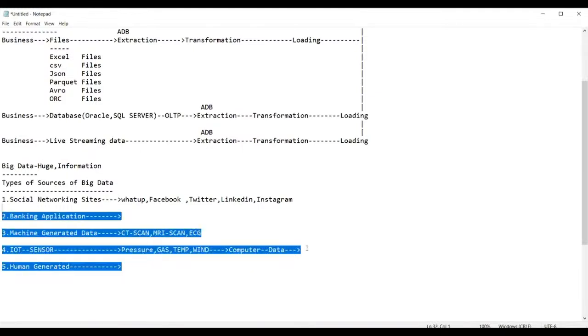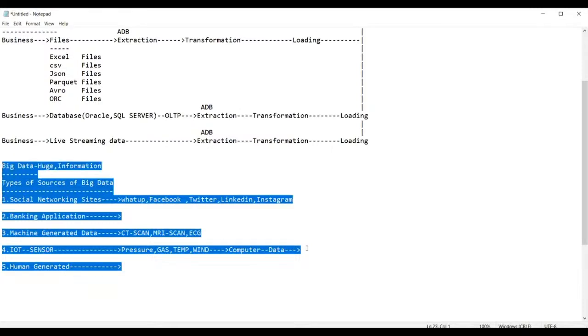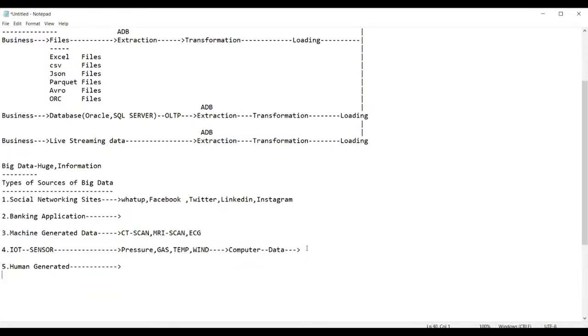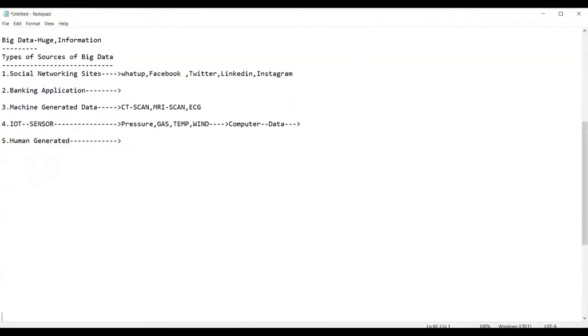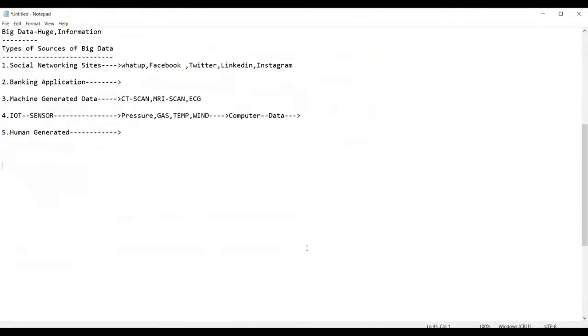But guys, this big data has some categories. That means we can say types of big data. We can have various types of big data. So now, what are the types of big data? Generally, you will have the following types of big data. The first type of big data which you can consider